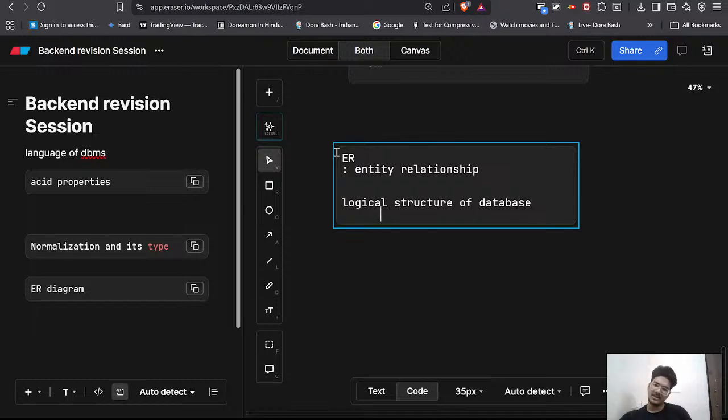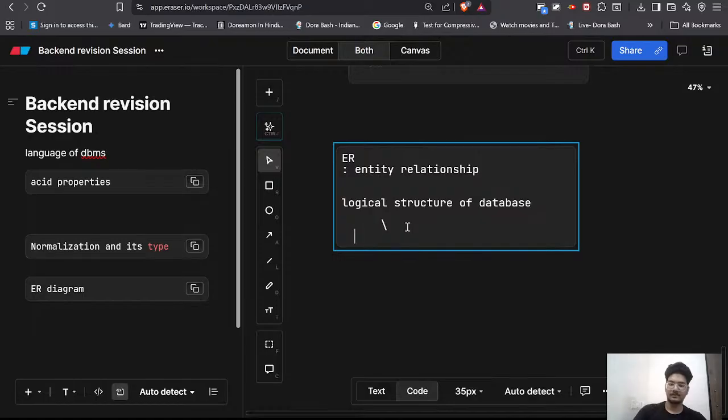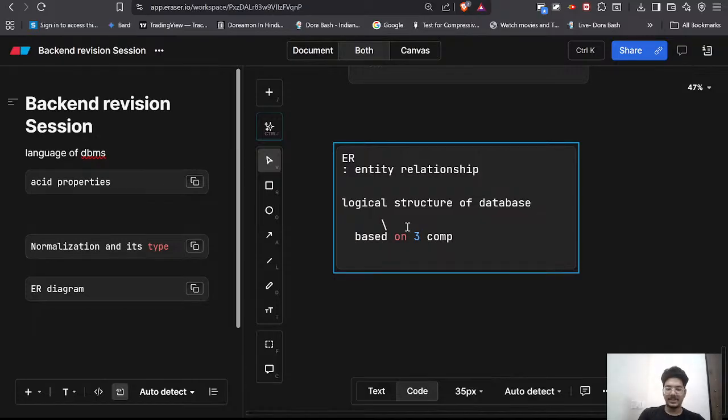An ER diagram is based on three components: entities,